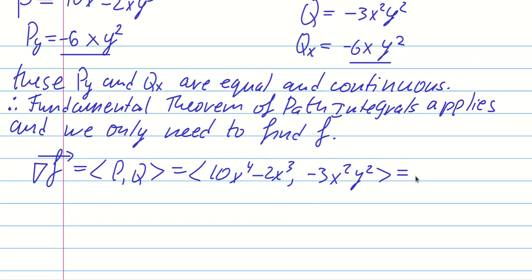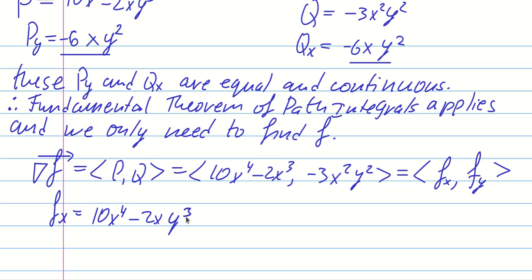And at the same time it has to be the partial of f with respect to x and the partial of f with respect to y. So if f sub x is equal to 10x to the 4 minus 2xy cubed,